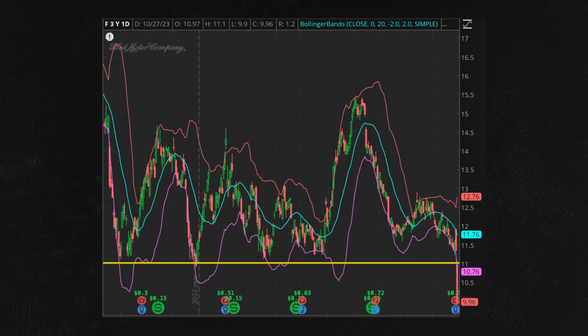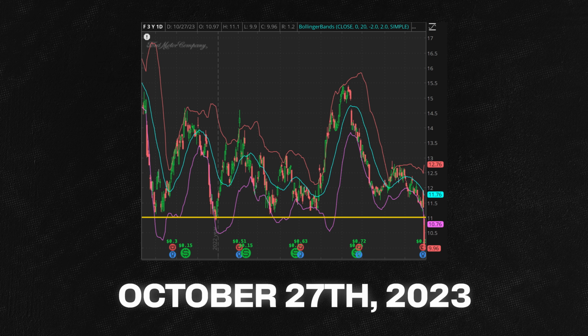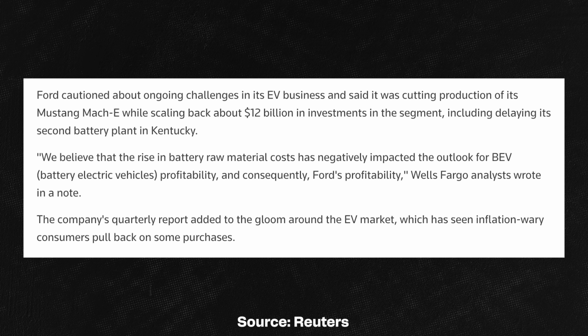The next example is in Ford. Ford mirrors the structure of the SMCI trade, but in reverse. On October 27th, 2023, Ford gapped down following a disappointing earnings announcement. The underwhelming fundamental performance was chiefly attributed to losses in their electric vehicle segment and the burden of a high cost structure in gas engine vehicles. This development drew immediate attention from institutional investors, hedge funds, and traders focused on fundamental analysis.